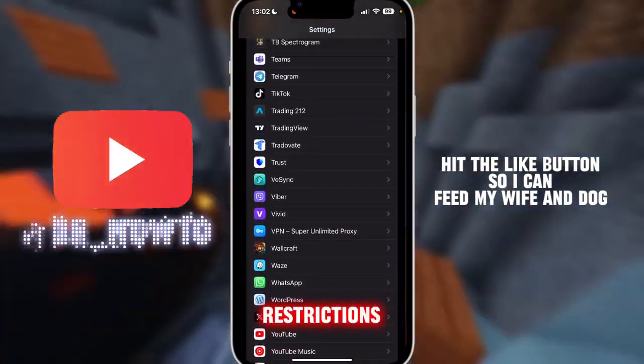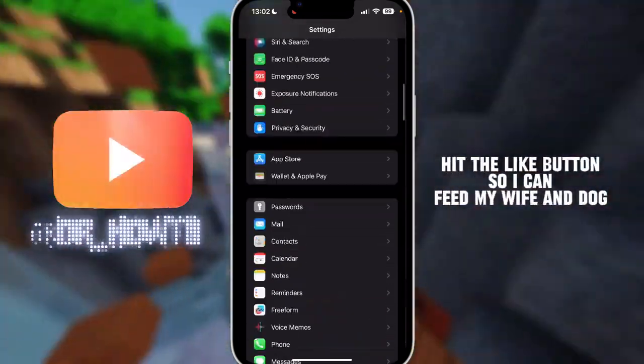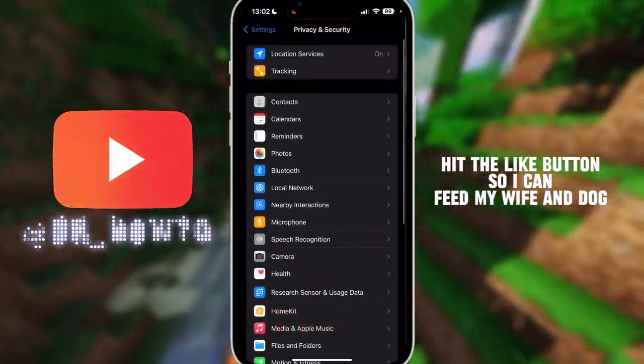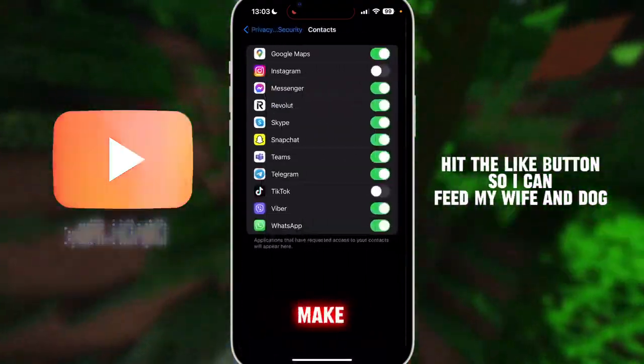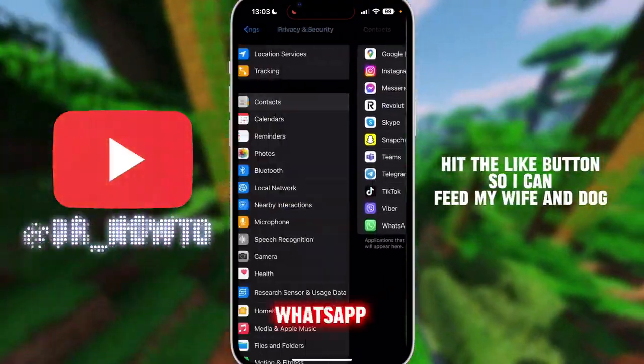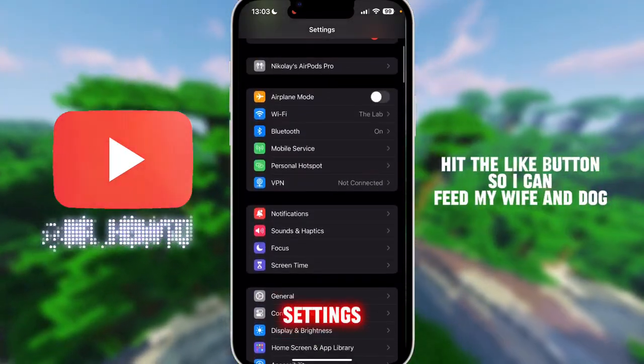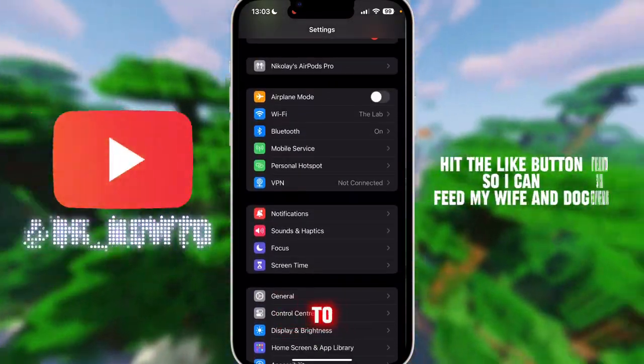privacy restrictions. Next thing you want to do is go up to privacy and security. In your settings app, you want to click on contacts and make sure they're enabled for WhatsApp here as well. Next thing you want to do in your settings tab is go over to your screen time